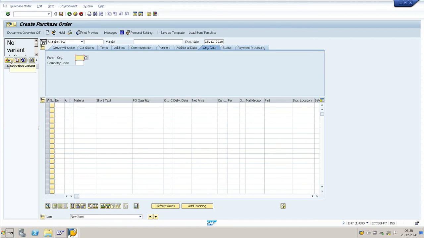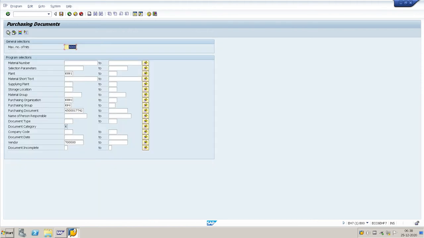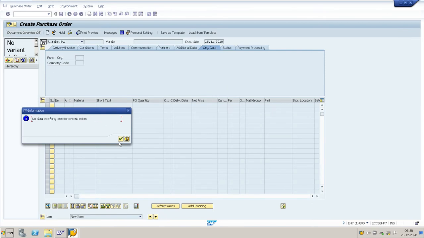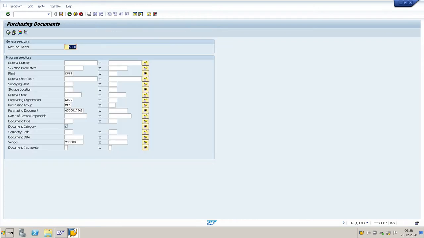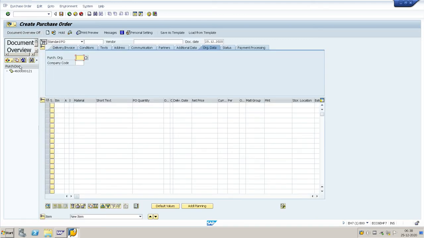Here you select the variant, create contract. Here our contract number will appear.